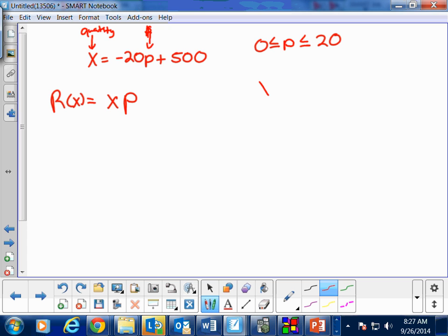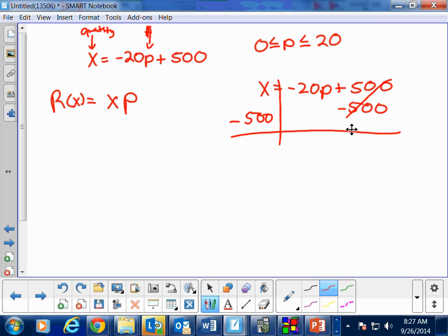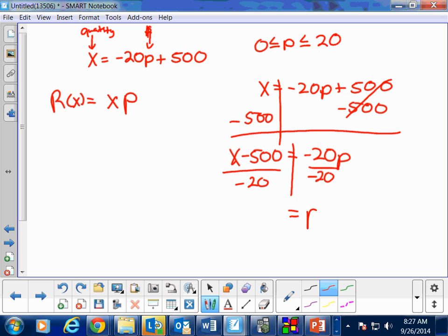So let me rewrite that: x is equal to negative 20p plus 500, and solve for p. First of all, subtract 500. x minus 500 is equal to negative 20p. And then we divide by negative 20, divide by negative 20. And we'll end up with p, which is negative x over 20